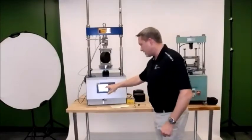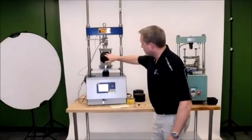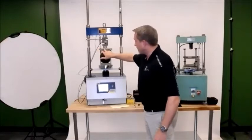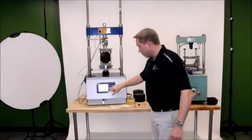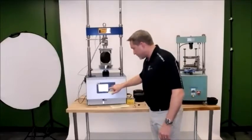I have my IDEAL-CT test. I'm in the test position. My LVDT is going to make contact first, and then my load cell is going to make contact after that. There's a blue round play button here. So I'm just going to go ahead and hit